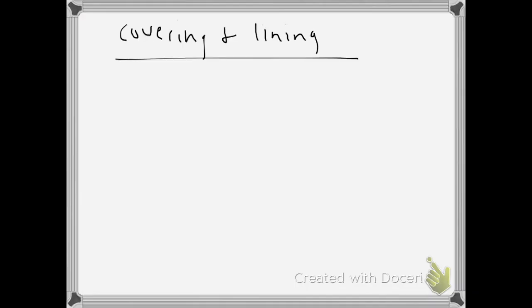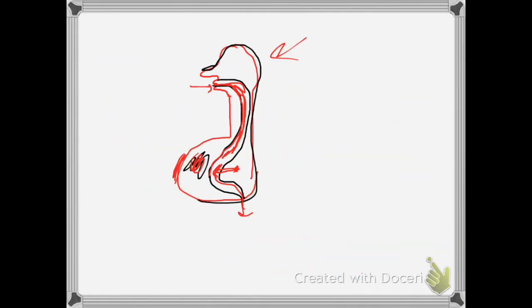We're going to look at two specific types of epithelium: covering and lining epithelial and glandular epithelial. So covering and lining, let me write some stuff up and then we'll go through it. What does covering and lining sound like? Well, your skin covers your body, so that's your covering. And lining, we already talked about back here, and I know it was confusing, but you do need to get it